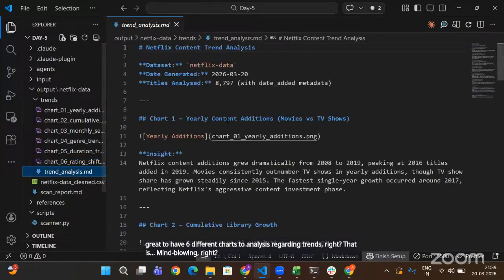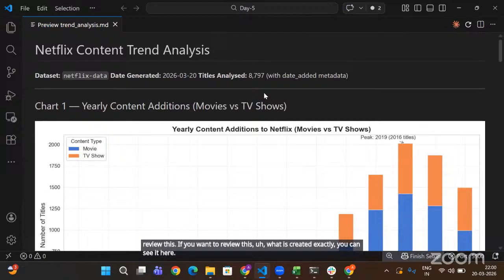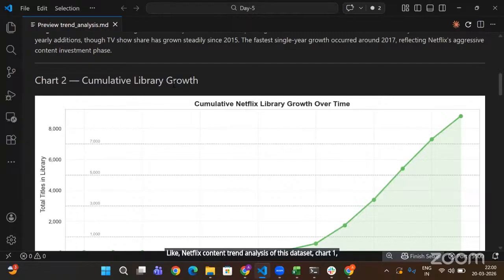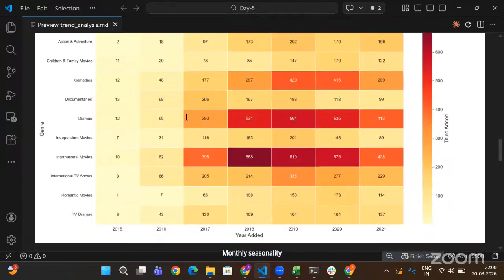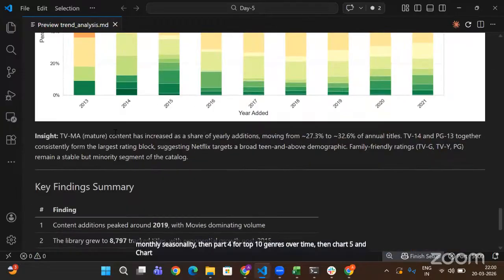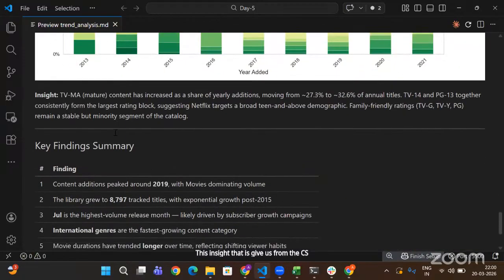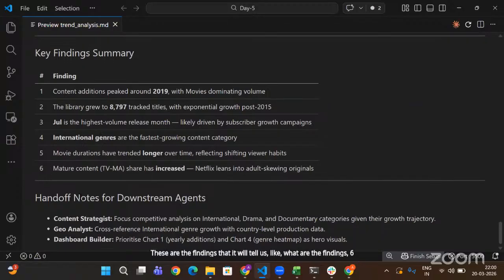Then here's the MD file as well for you to review. If you want to review what is created exactly, you can see it here. Like Netflix content trend analysis of this dataset, chart 1, chart 2, cumulative library growth, monthly release seasonality, then chart 4 for top 10 genres over time, then chart 5 and chart 6. There are so many things here. You can see this insight that is given to us from the CSV is great. These are the findings that it will tell us, six key findings,